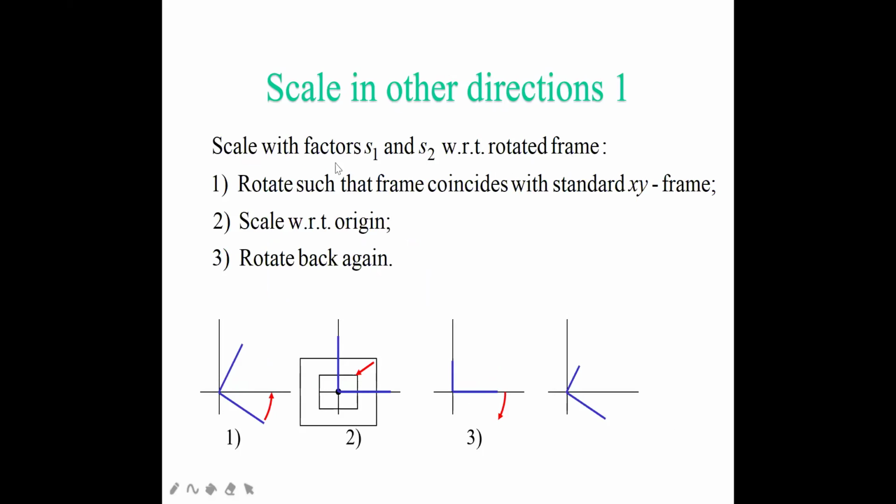Okay, so how are you going to do it? You are going to rotate it in such a way that your frame coincides with the standard xy frame, because you have this x coordinate and this y coordinate. I have two lines over here. Now if I want to rotate it, I have to rotate in the same direction and by the same angle. So if I rotate in this way, this also has to rotate in this way with the same angle. So now I'll just rotate it. If I rotate, you can see my blue line is now on my black line.